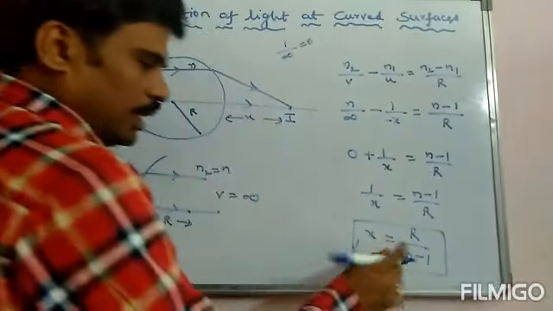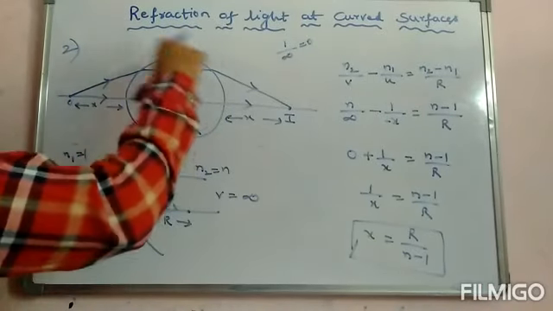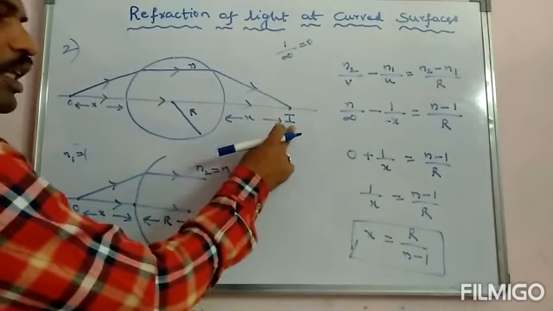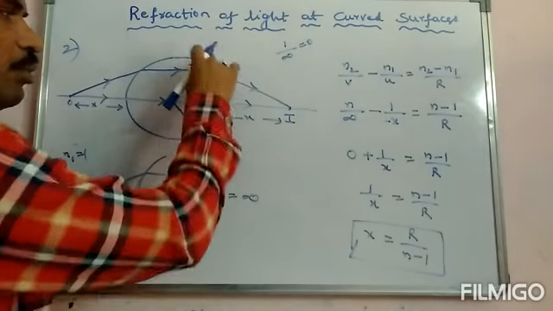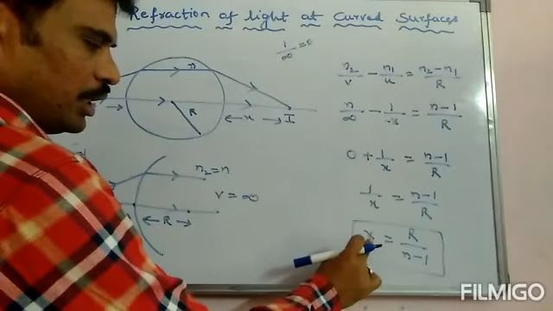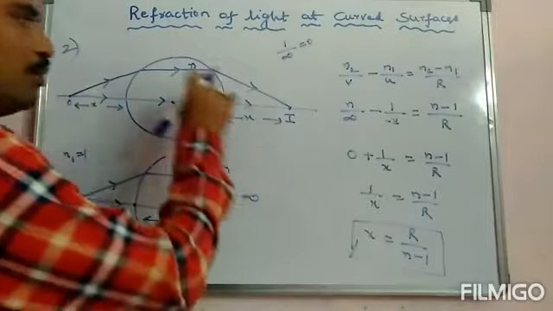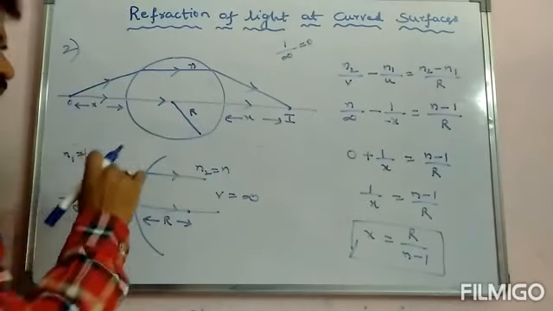So at this distance, if we place the object from the sphere, then the image will also form at the same distance from the second surface of the sphere. And one thing remember, here the object distance depends on the refractive index of the sphere.